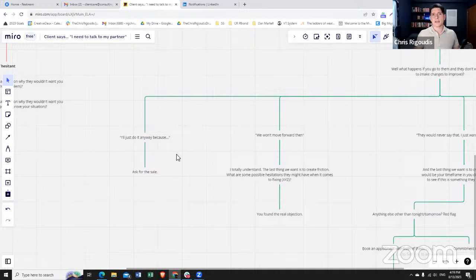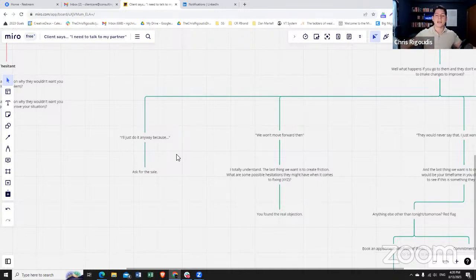I know how bad you want this, or it seems like this will really benefit you. So it makes sense that you would do it anyway. May I make a suggestion? Sure. Why don't we do this? What we can do is kick off the program. We take the first payment or we enroll you into the program. And on your first onboarding call, let's book it in along with your partner so they feel included in the process and they can actually see your vision and the actual plan that we're going to implement. So they're not in the dark.